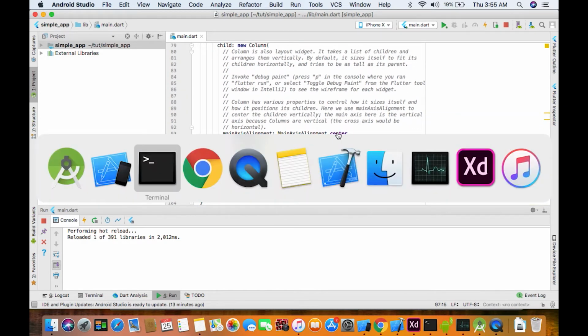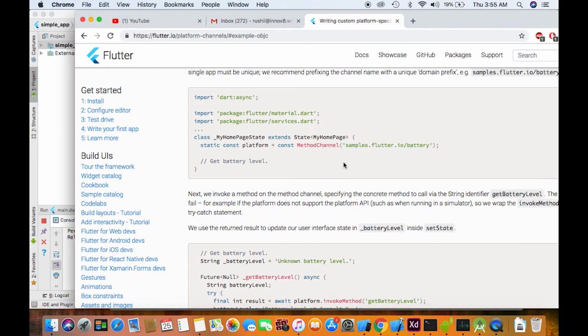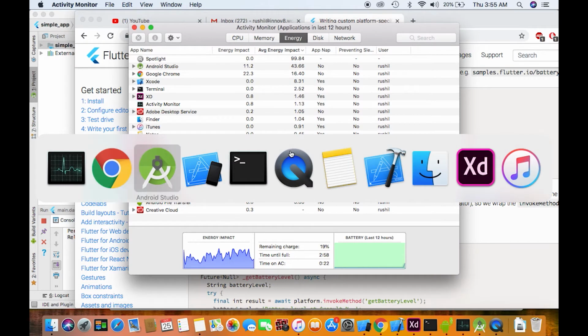Now we will be going to part 2 of the tutorial, where we'll be defining a platform channel. This is the platform method channel address. It's samples.flutter.io/battery, but you can give it anything. It basically needs to be a string.